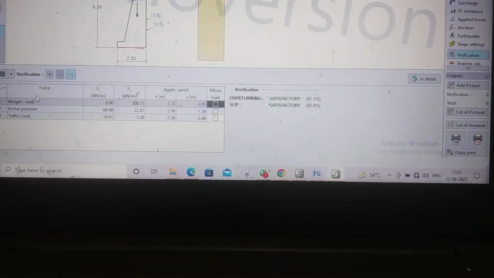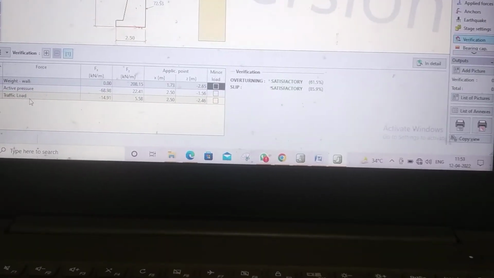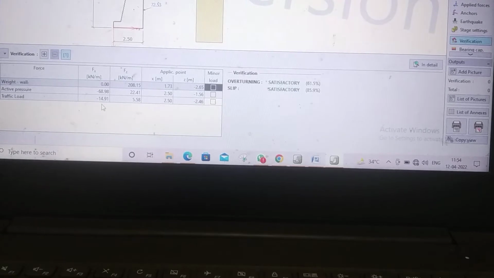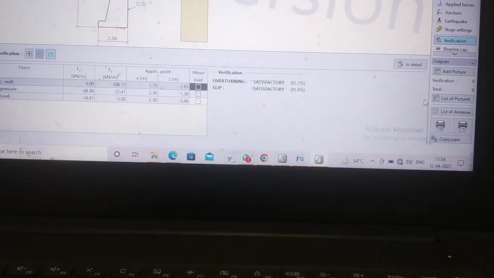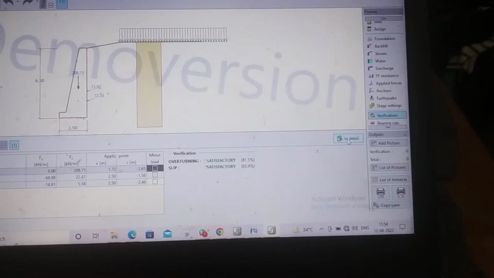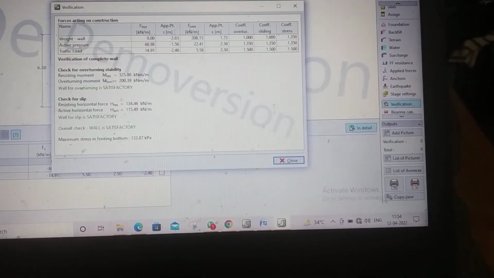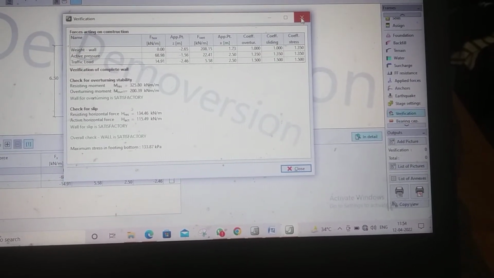We check the forces due to weight of wall, active pressure and traffic load, their magnitude, Fx the force in x direction, force in z direction, and applied point. For more detail we have to check from this point. I think verification is done.